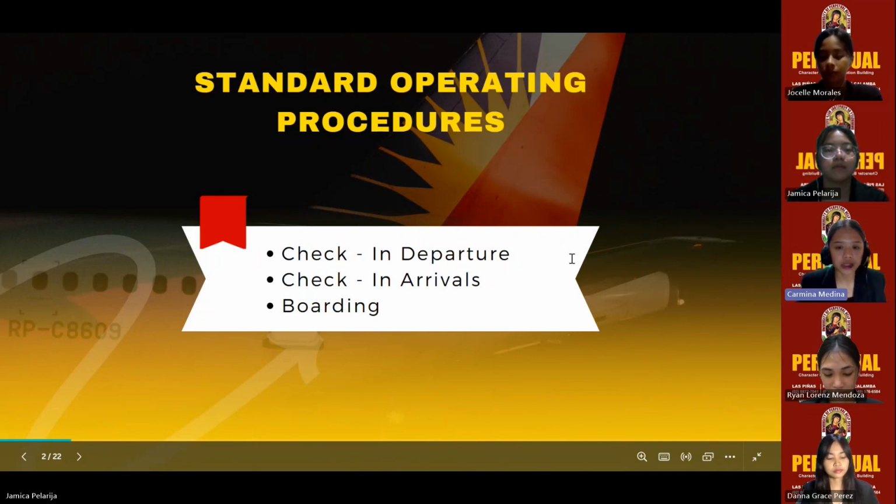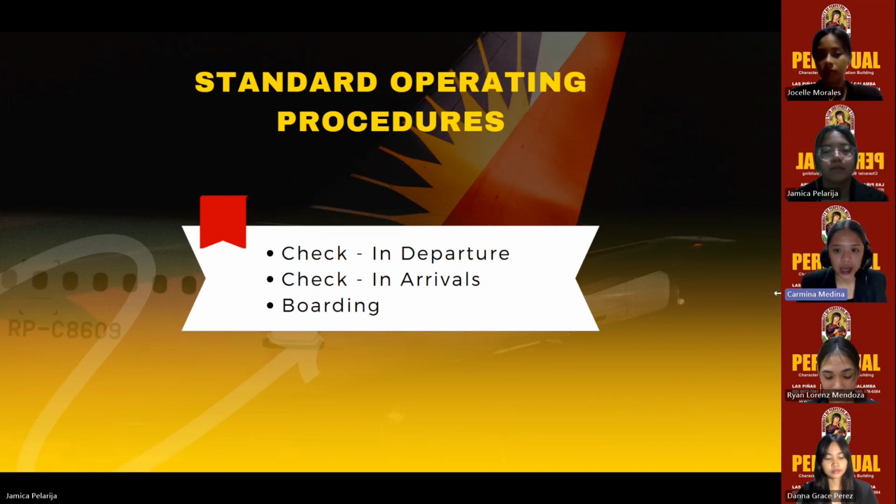Boarding typically begins 30 to 45 minutes before the scheduled departure time. Be at the gate at least 15 minutes before the flight departs, as boarding will close 15 minutes prior to takeoff. Next is boarding the plane. When boarding is announced, line up and show your boarding pass to the gate agent. Board the plane in the order announced, usually by row or seating area.